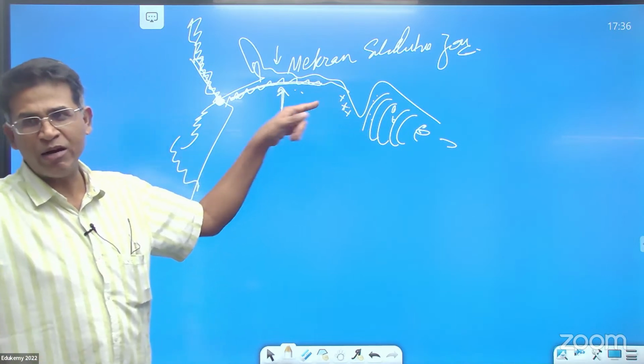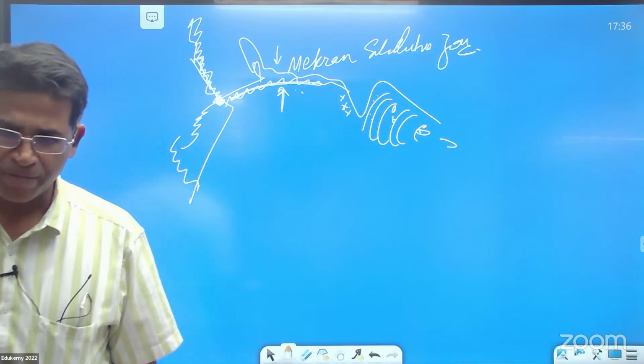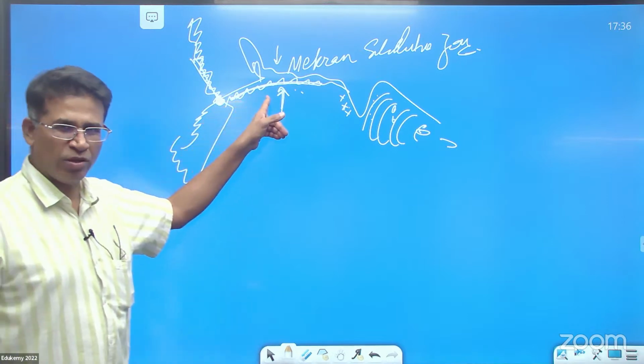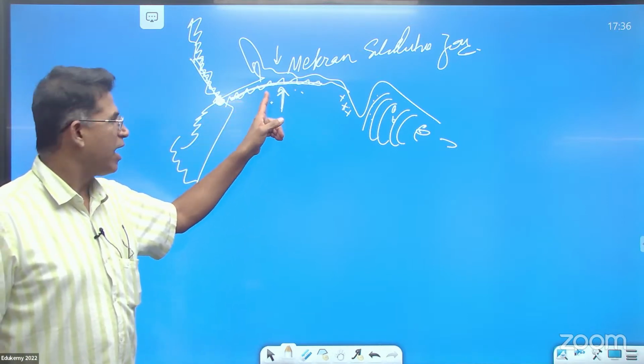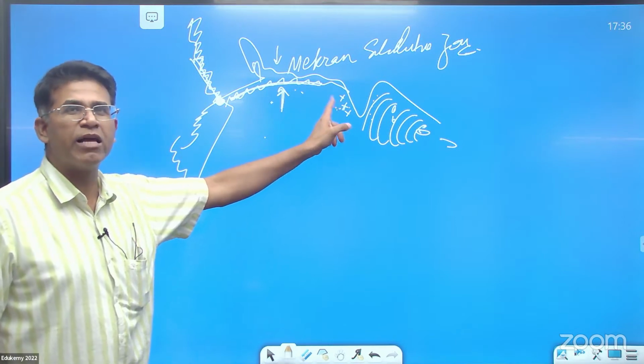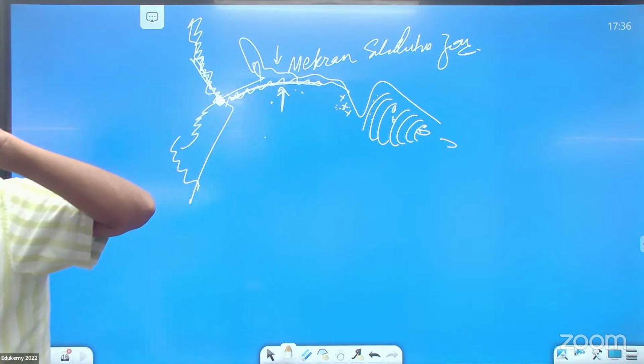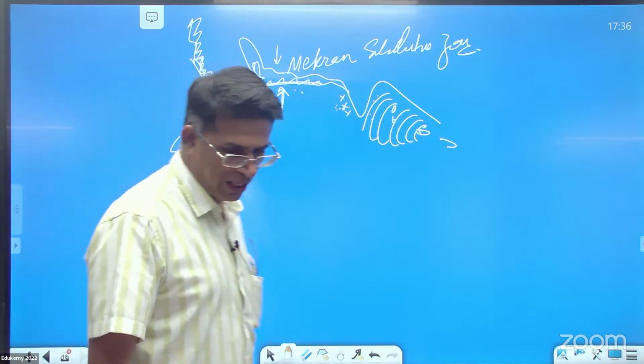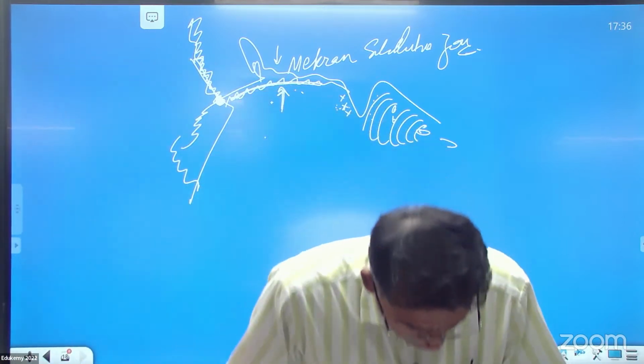A question आगे लिखा है ना, what are the vulnerabilities of the Indian coast? Remember this. Mekran coast is a subduction zone, not a very powerful one, but it has, and this can make even the Arabian Sea coast of India vulnerable to tsunamis. Okay, and any subduction zone will be a violent zone. The second zone. The third one is